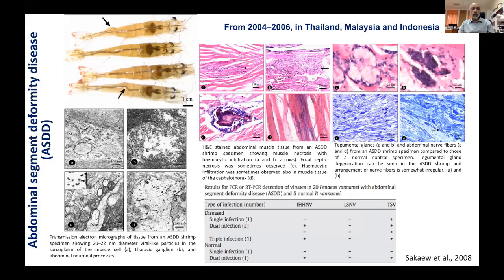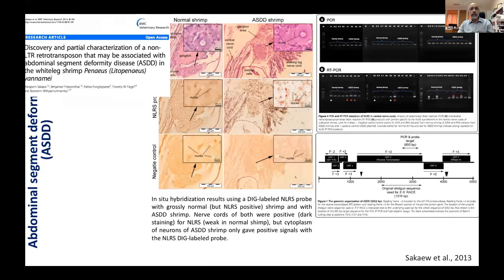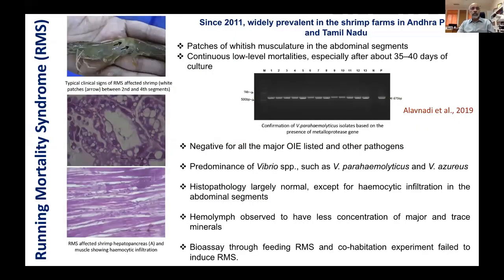And people have reported virus-like particles and histopathological and immunohistochemical features. And also you can see the retrotransposon. That's a recent observation, that apart from the pathogen associated with the cause, there may be some genetic elements involved in this particular disease, but it has still not been elucidated properly. So coming to